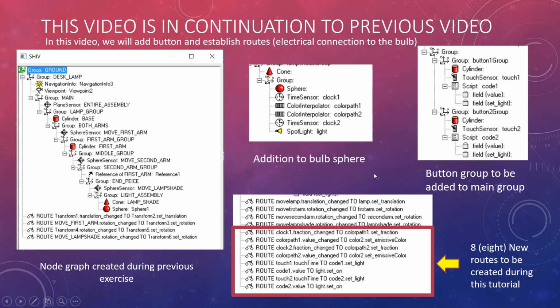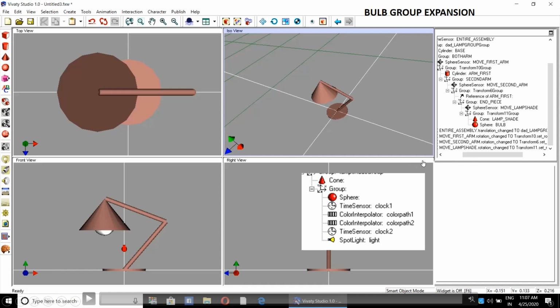Previously we created 4 routes, now we will add 8 more routes, so it will become 12 routes. So we are going to add some nodes in the sphere, some nodes in the group for buttons, and some routes.